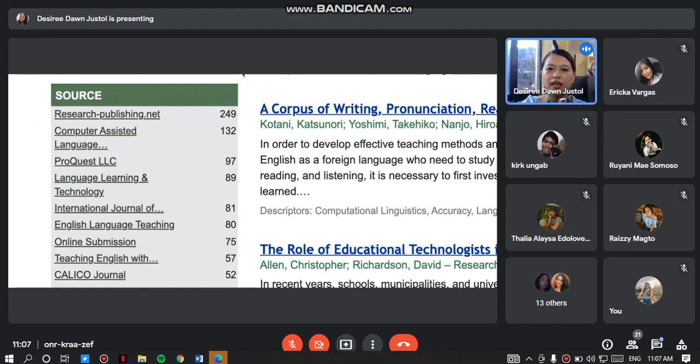We are just lucky because in English education there are a lot of published research journals. So the struggle actually is for the Filipino researchers, Filipino language researchers, because